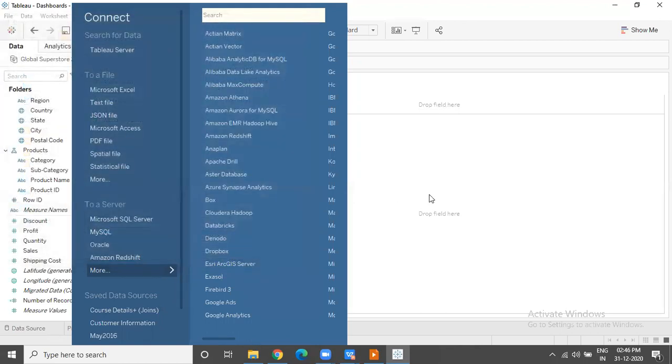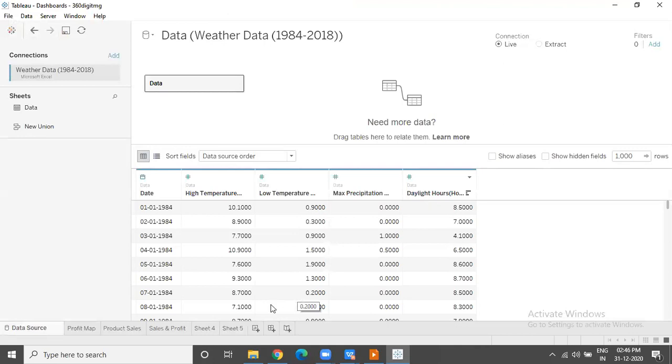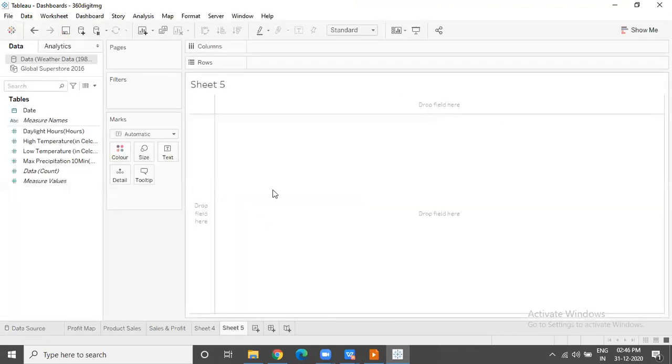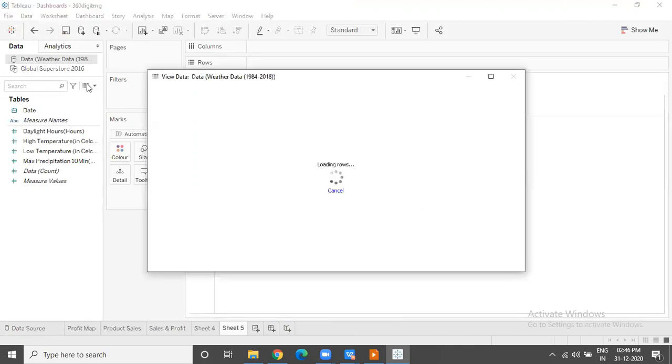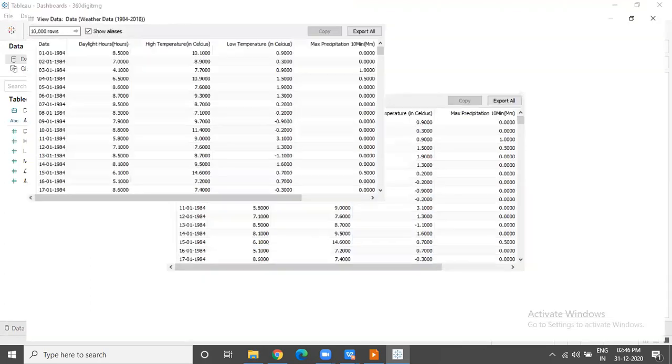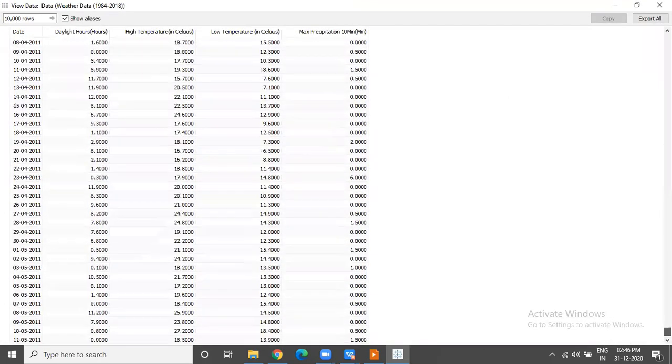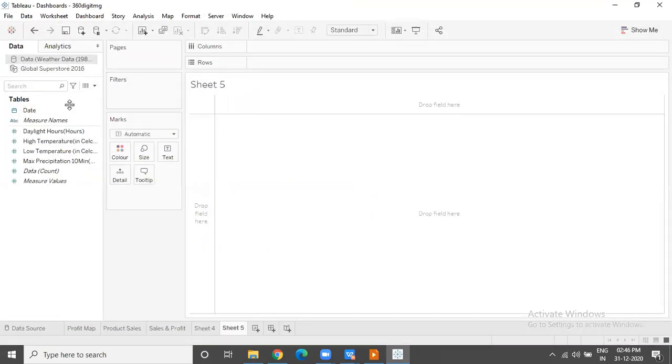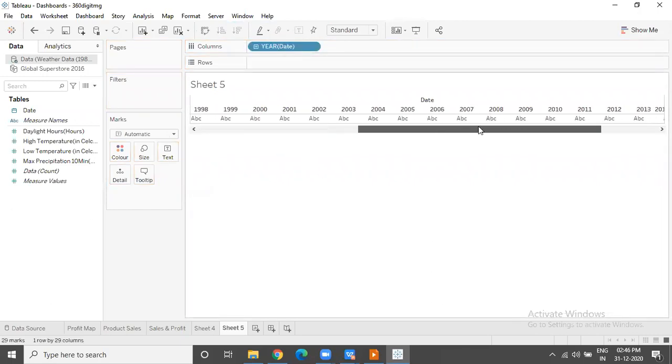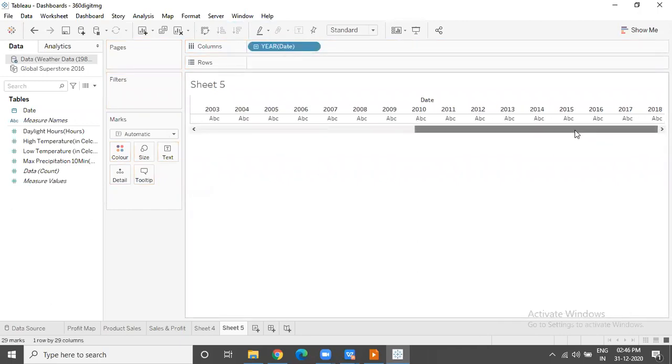Okay. So predictive, in the sense when we are trying to estimate, or here in this case forecasting, we are trying to forecast what will be the future value of a particular variable given the current and the historical information. So what I had taken is a time series data that has been collected from 1984 all the way up to 2018.